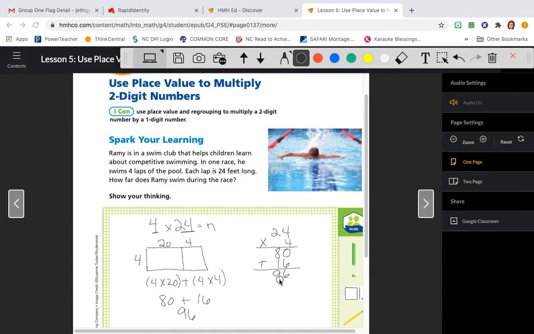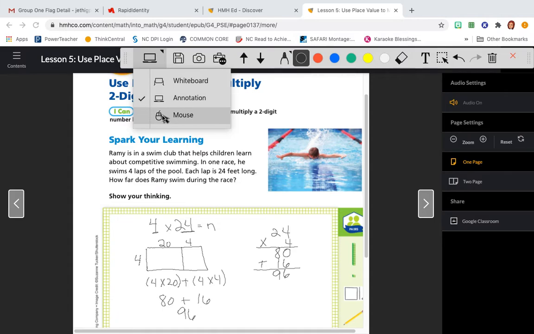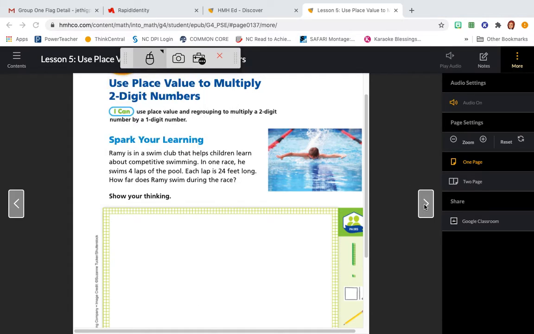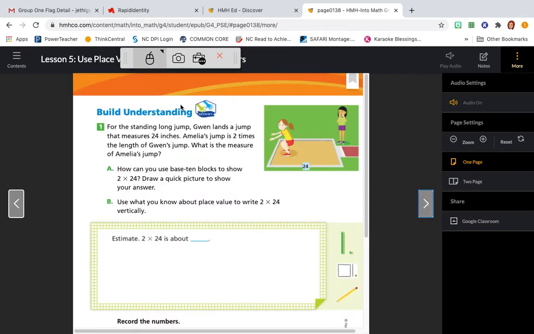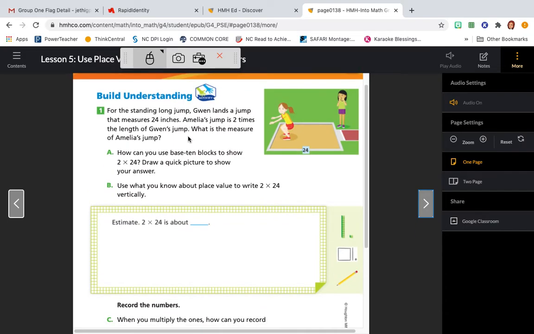Okay, so let's continue on with page 118. Let's continue with today's lesson. Okay, so for build understanding,